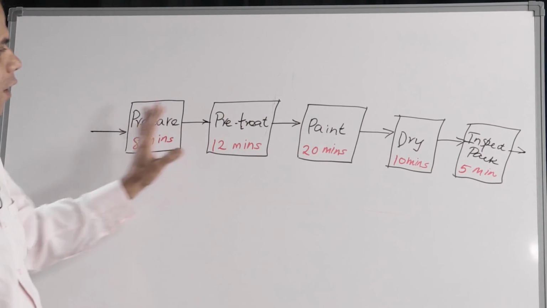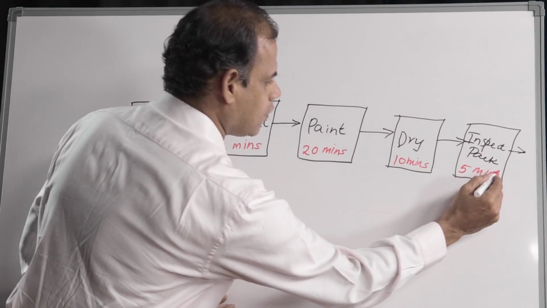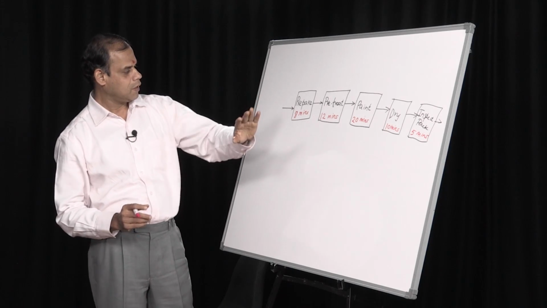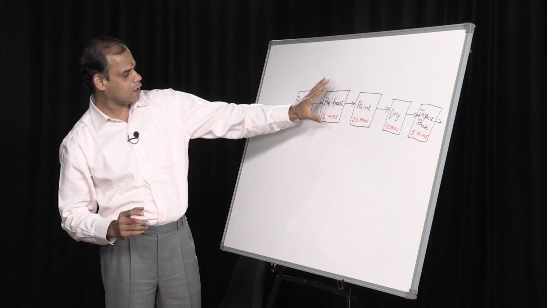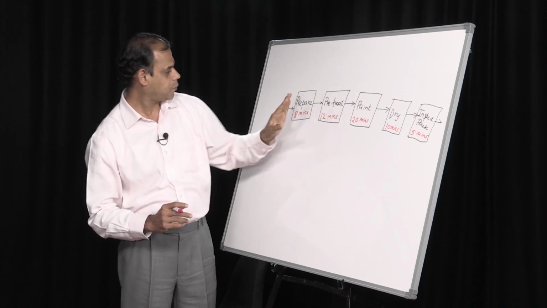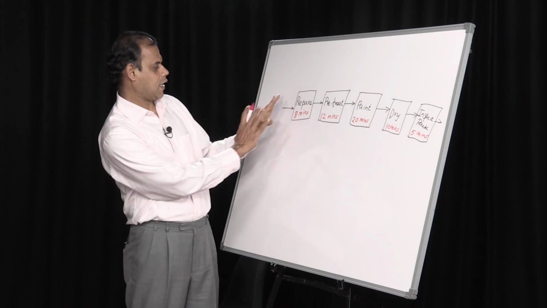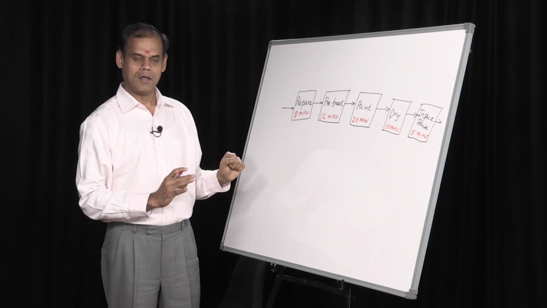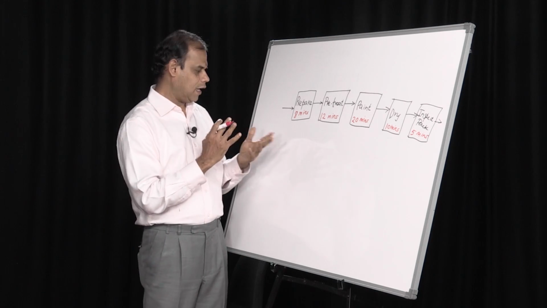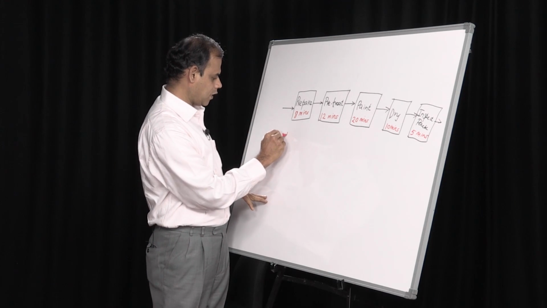So, we have got all the details in terms of the timing, process time. Let us assume that there is 1 unit of capacity available in pre-treatment, painting, inspection and packing, preparation and so on. So, let us try to add up all these numbers and see what happens in terms of the